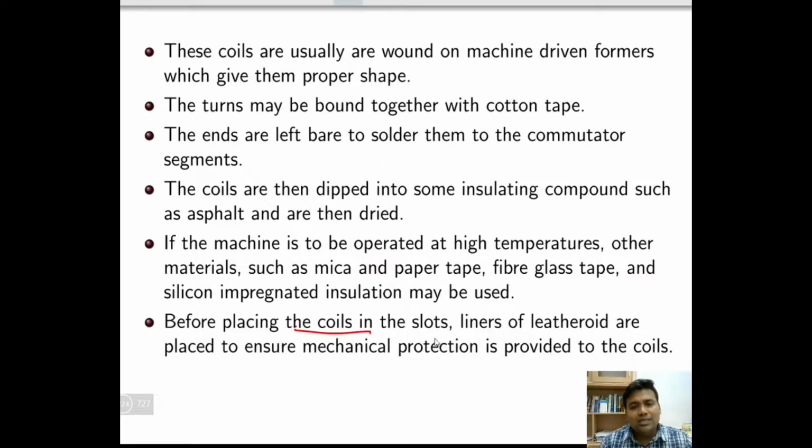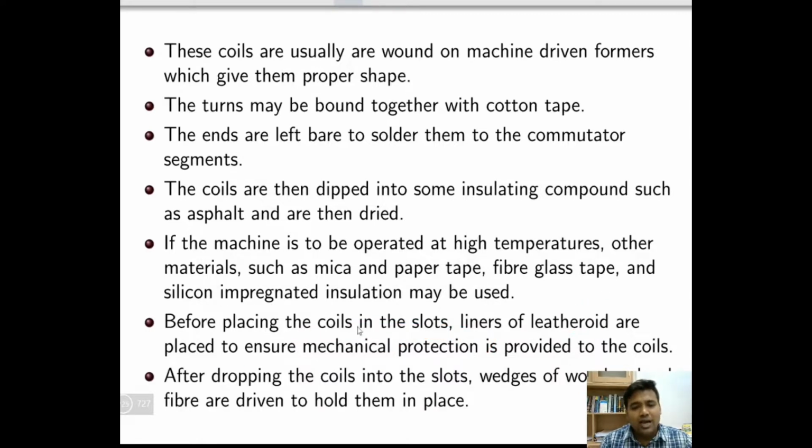Before placing the coils in the slot, liners of leatherite are placed to ensure mechanical properties. Now, mechanical properties have to be improved, so some liners of leatherite are provided to the coils. After dropping the coils into the slot, wedges of wood or hard fiber are driven to hold them in place. So these are all of the construction of the drum type winding that we often use